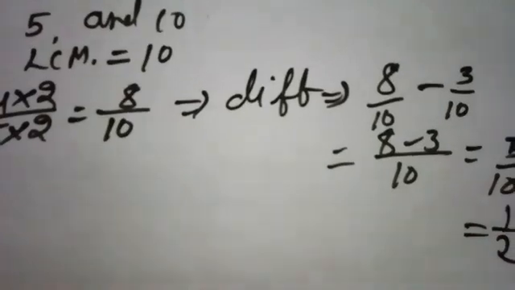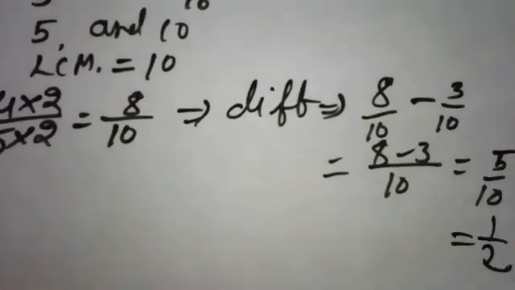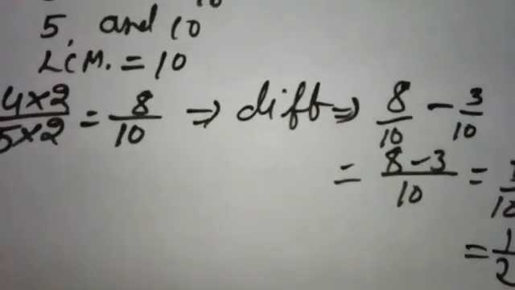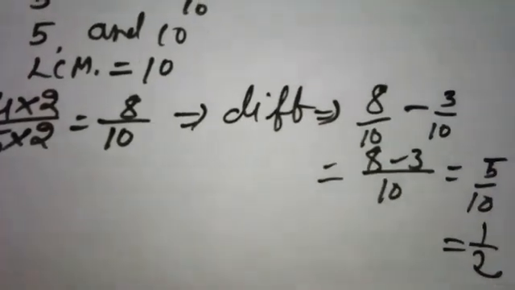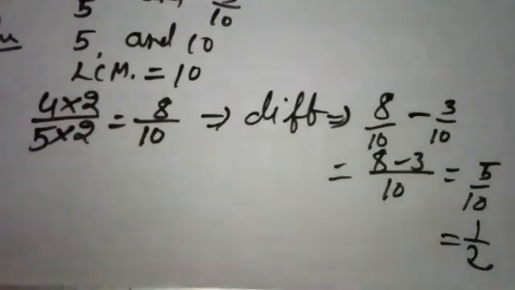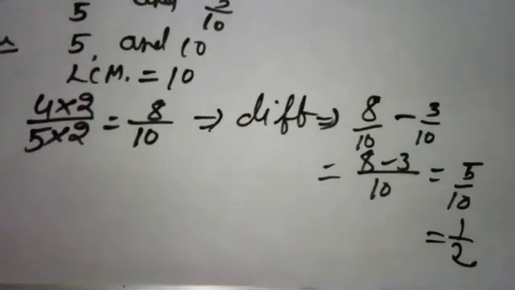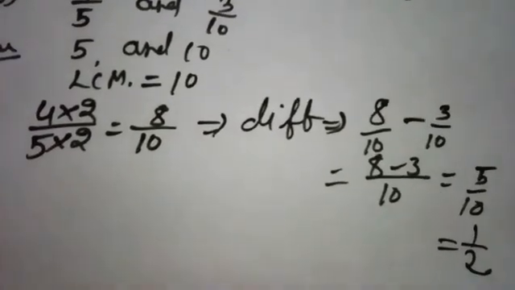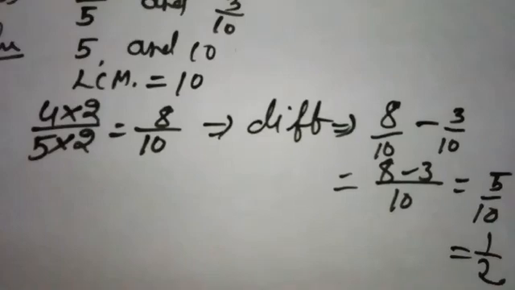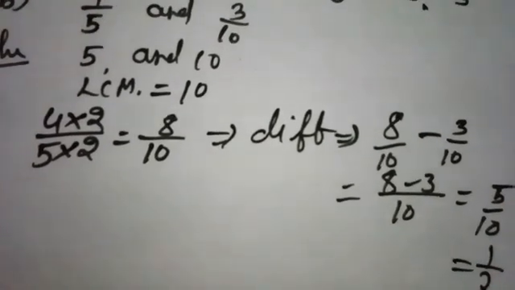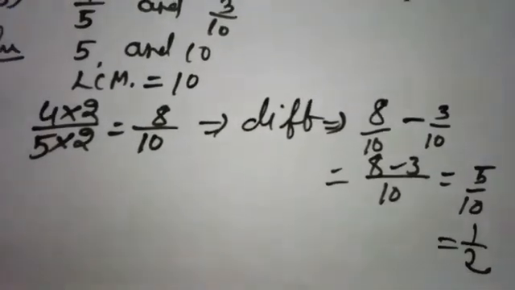In question number 3 and 4, both the questions are the same kind of question. In question number 3 we will do the addition, and in question number 4 we will do the subtraction. So dear students, I will provide you the solutions of question number 3 and question number 4, and I hope it is very clear to you. When you see the solutions of question number 3 and 4, you can easily understand the concept of question number 3 and question number 4.